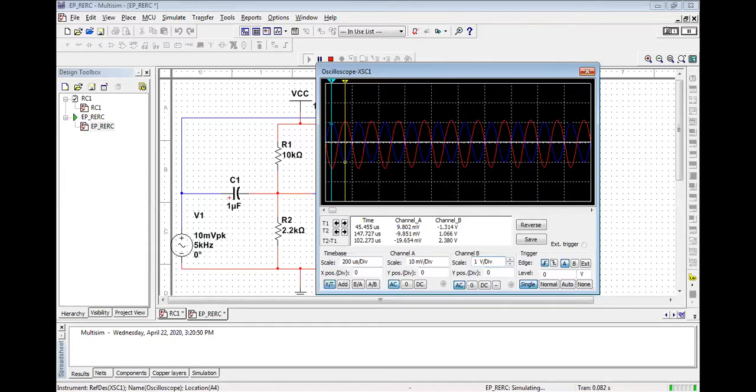Same way, what you can do at your home, you can install Multisim, and take 10 to 12 readings. Let's say 1.1, 1.4, 1.8, 2.2, 2.4, 2.9, 3.2, 3.8, 4.2, 4.7. You have approximately 10 readings, and you can plot the graph of RC versus V out. If RC is increasing, the value of gain is also increasing. So that will be an exponentially increasing graph that is required to draw in your record book also. So this is about this execution.